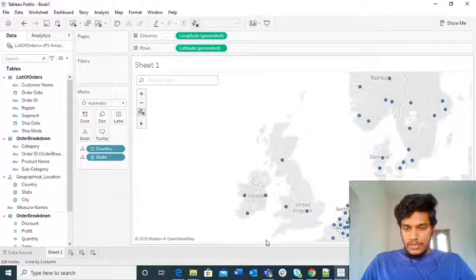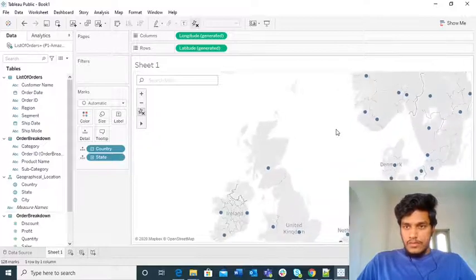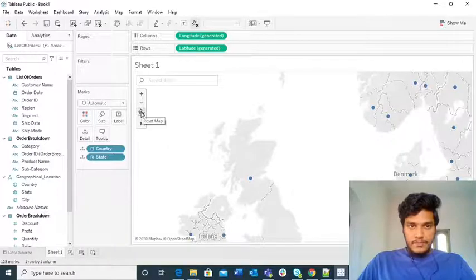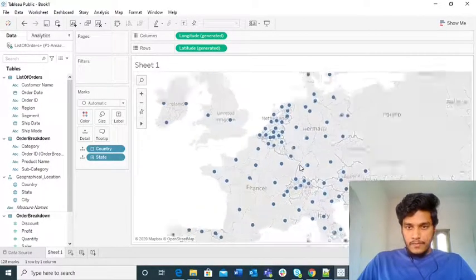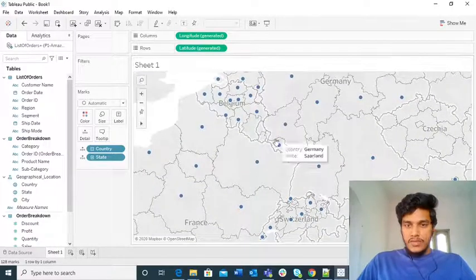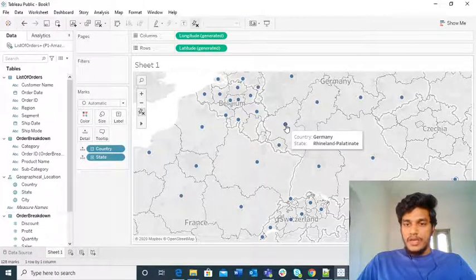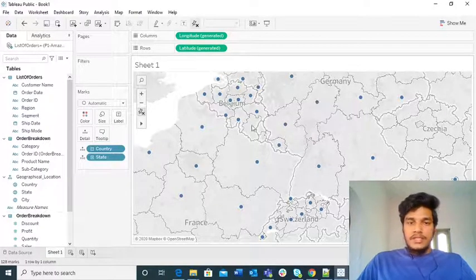Let me go to the right of it. Okay, let us see here. So if you consider this, these are the states which are present in this particular thing. Now if you consider Germany, we are having a lot of states here. So it is identifying what are the states that are present here. Thuringia is a state in Germany, and Saxony is a state in Germany, and there are other states, Rhineland-Palatinate in Germany, and Hesse is also from Germany.